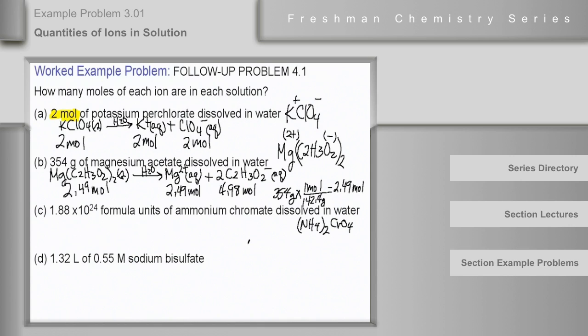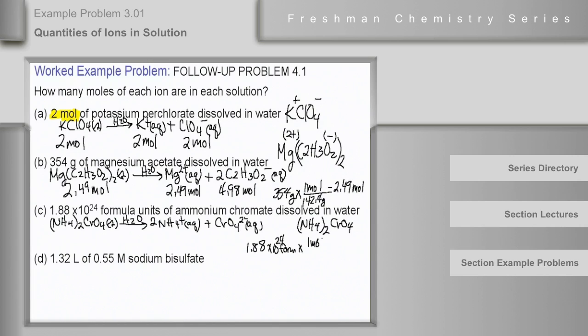Now our equation then starts with ammonium chromate, solid, and involves that dissolving in water to form 2 ammonium ions, aqueous, plus a chromate ion, aqueous. We'll use the number of formula units to determine how many moles, 1.88 times 10 to the 24th formula units,